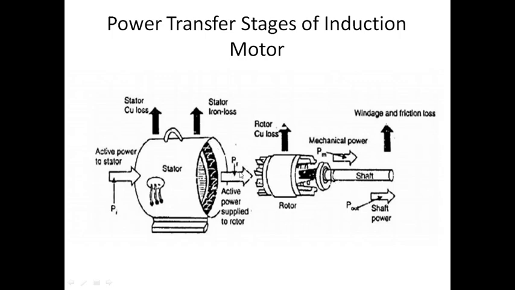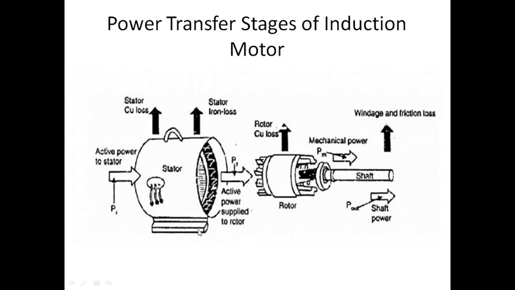Fine. And I'm going to give power to the rotor through an air gap. An air gap will be there, and it is a maximum of 0.5 mm. If the air gap is less, the efficiency will be higher. If the air gap is more, the efficiency will not be as high. So the power should cross the air gap, and it has to go and react with your rotor.